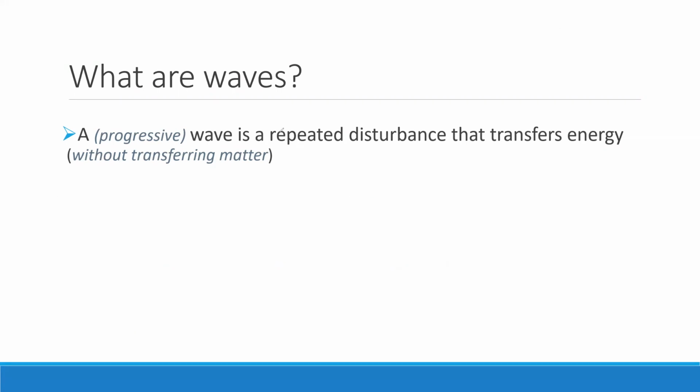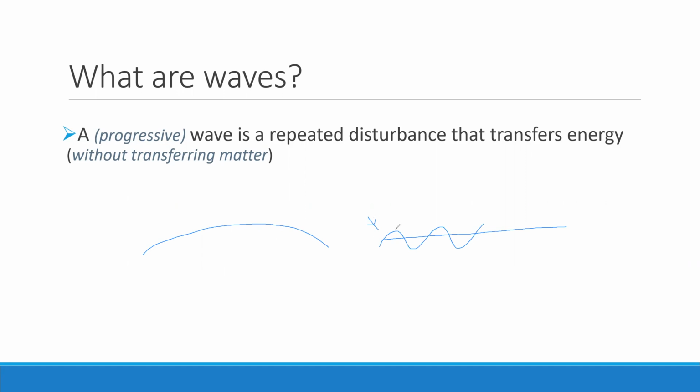So for example, the ocean, right, before it got disturbed by whatever's causing it to get disturbed, it's flat, right? There's no waves in the ocean. So this is not disturbed yet. But because of gravity, what ends up happening is the ocean gets disturbed and all of a sudden you have waves. So this is what we mean by disturbance.